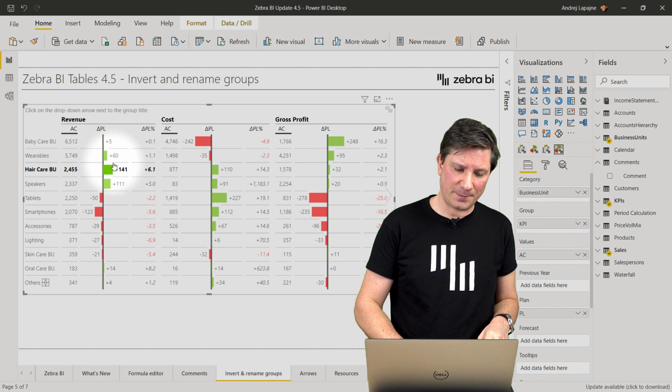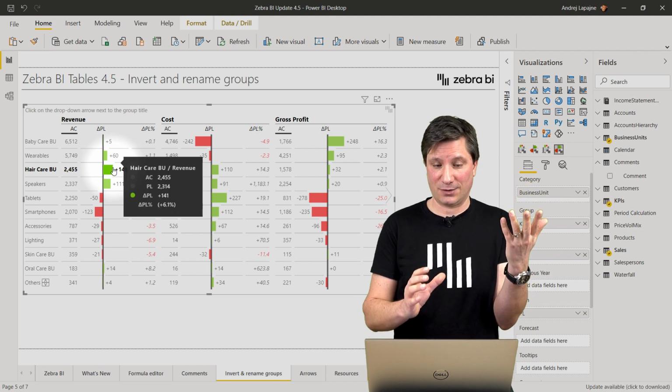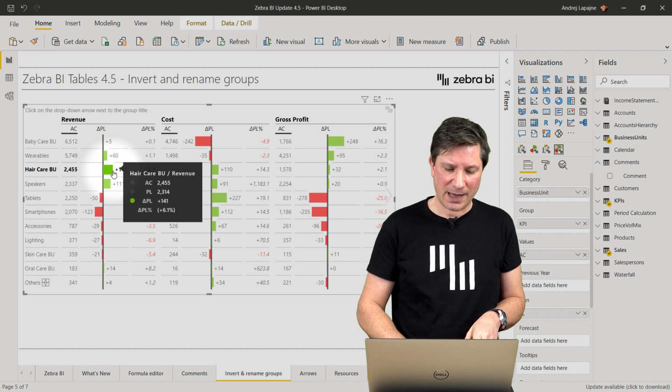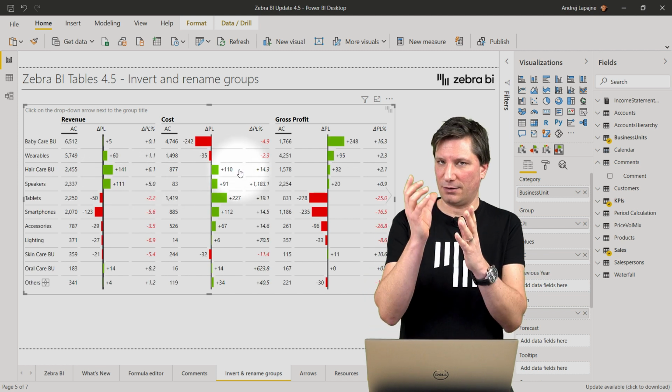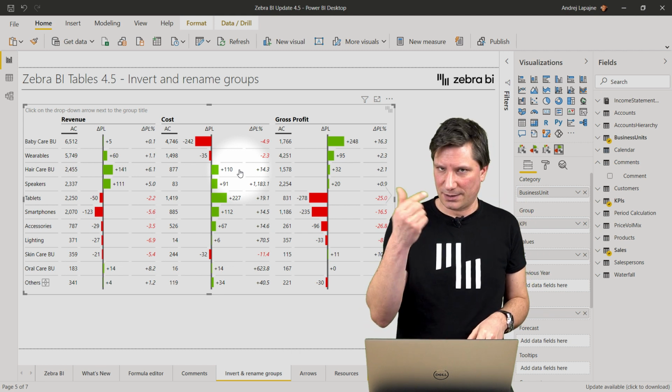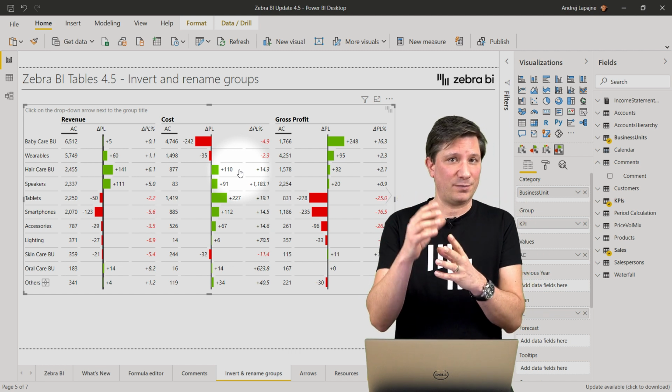And of course, if the revenue is growing, that's good, and that's why this bar here is green.